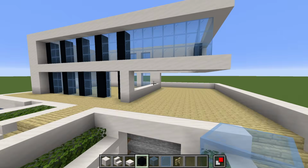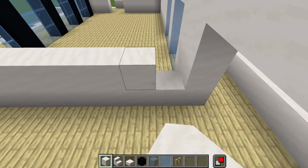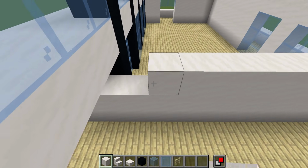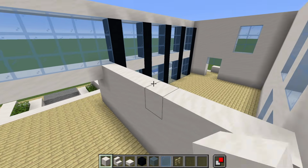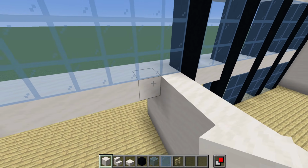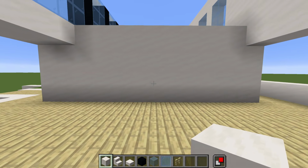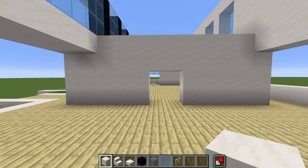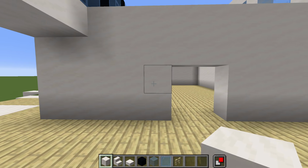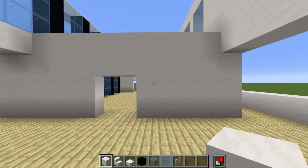Perfect. And then we can seal up this area here. We can just place smooth quartz block extending up. The smooth quartz block can extend up as high as this. And then we actually have to find the middle of this area, which I do believe is these 2 rows here. It's easy enough to find out. We count 1, 2, 3, 4, 5 to the left, 1, 2, 3, 4, 5 to the right,